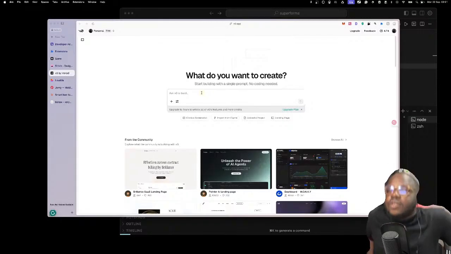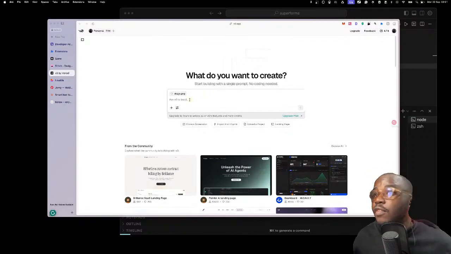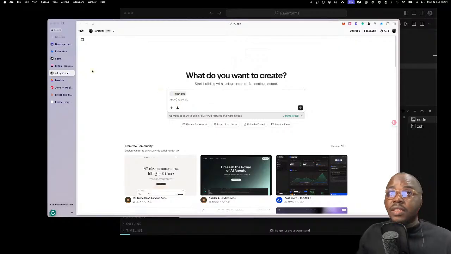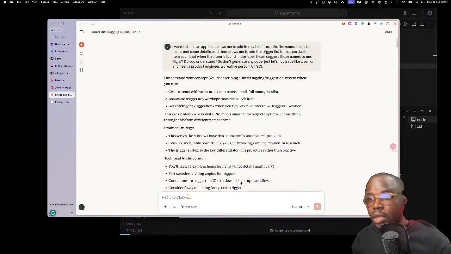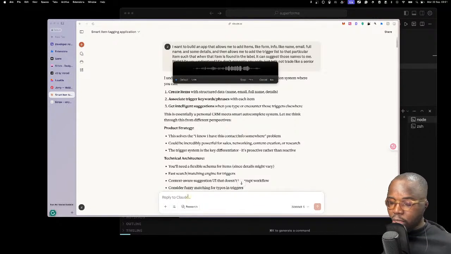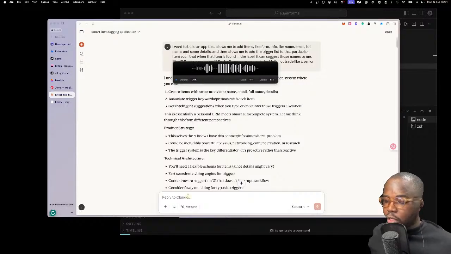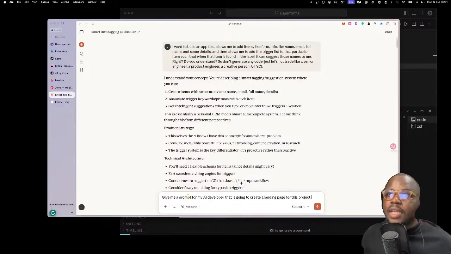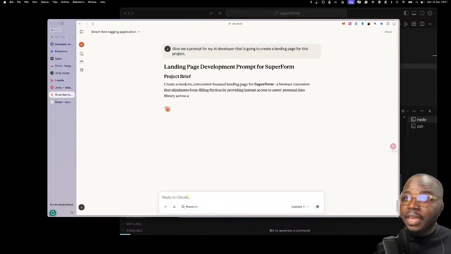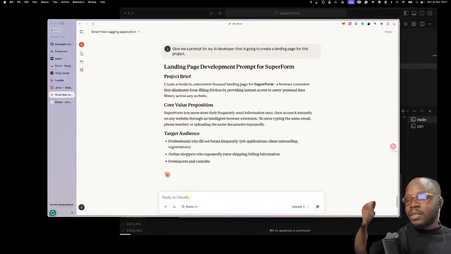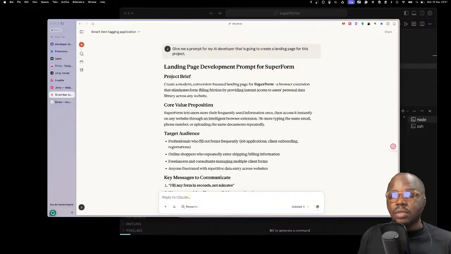Now let's build our UI. I'm going to paste the UI image and tell it to do it. Another thing is I can ask for a very proper prompt from ChatGPT: give me a prompt for my AI developer that is going to create a landing page for this project. The reason I'm doing this is because it already has context of what is going on in the PRD and proposal spec. It can give me information on particular things that is going to be better for copy than just asking the tool to generate it based on the UI. What I'm trying to get from here is more of the copy, right?